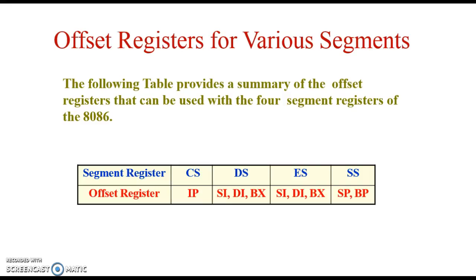In the last slide, we will discuss which offset register is used with the segment register. The offset register instruction pointer IP is used with the code segment register CS. The offset registers SI, DI and BX are used with the data segment register DS as well as the extra segment register ES. The offset registers SP and BP are used with